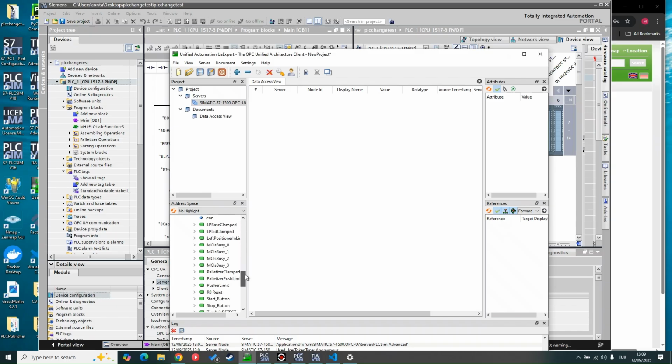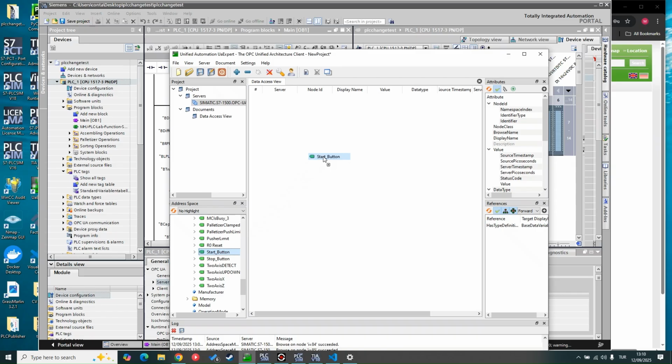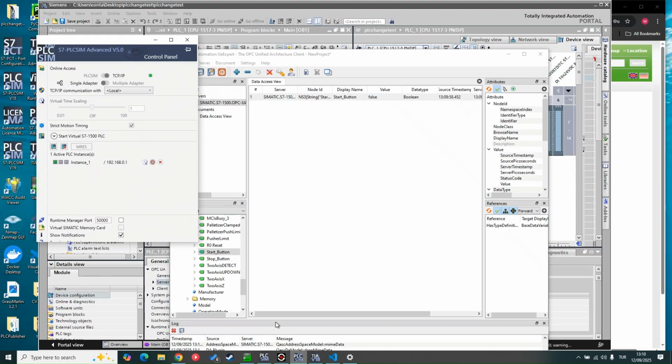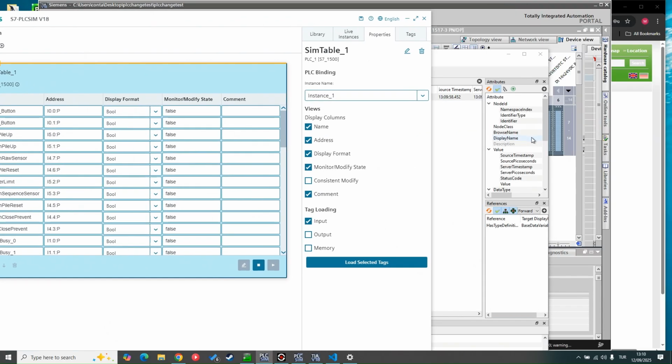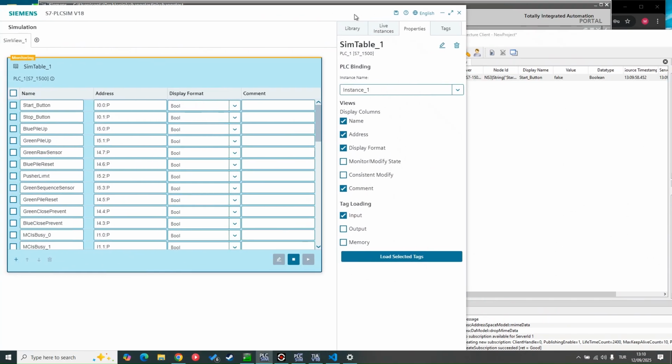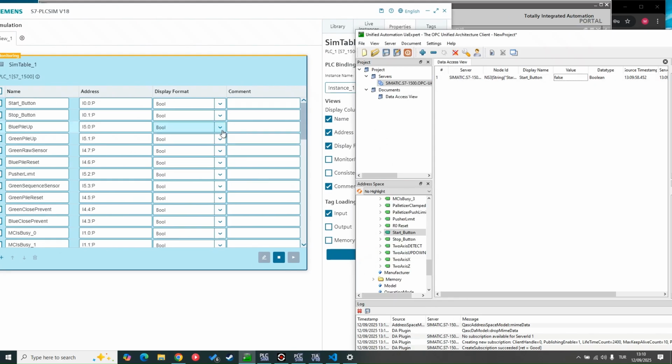Let's just use start button for now. Just hold the start button and put it right here. So right now its display name is start button and the value is false. Let's see if it's working or not. We will change the value from